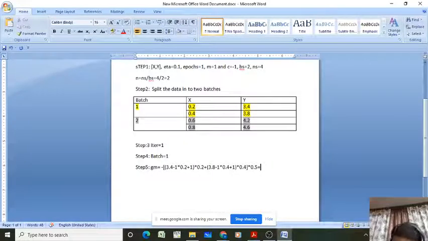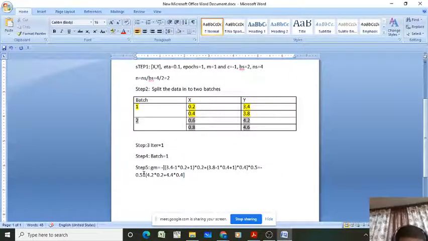So what will this value be? Minus 0.5 into, here 3.4 plus 1, 4.4 minus 0.2, that's equal to 4.2, into 0.2, plus 3.8 plus 1, 4.8 minus 0.4, that's 4.4 into 0.4, right?